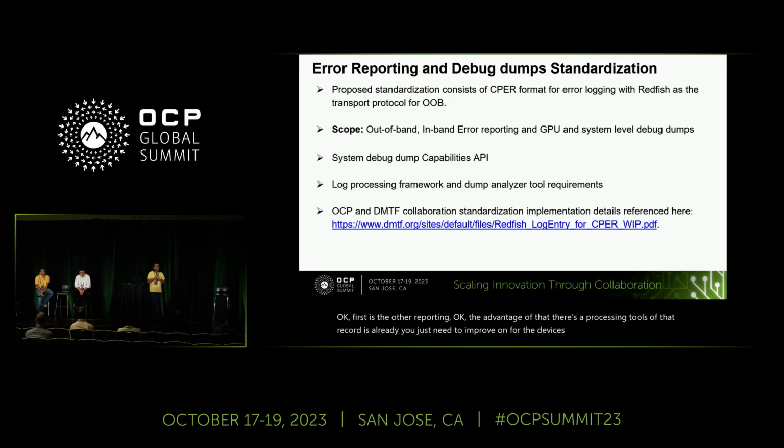The second thing we are standardizing on: just getting the error details, you may not know the full root cause of it. The second thing we are doing is system debug dumps or crash dumps you might have heard of in the CPU world, right? And on GPU complex systems, you have multiple retimer dumps, IO switch, LTSSM states, GPU internal HBM. All this requires some debug dump data collection. If I'm trying to do the debug dumps, different types, different formats, how do I process them? That is one of the areas we are standardizing, okay?